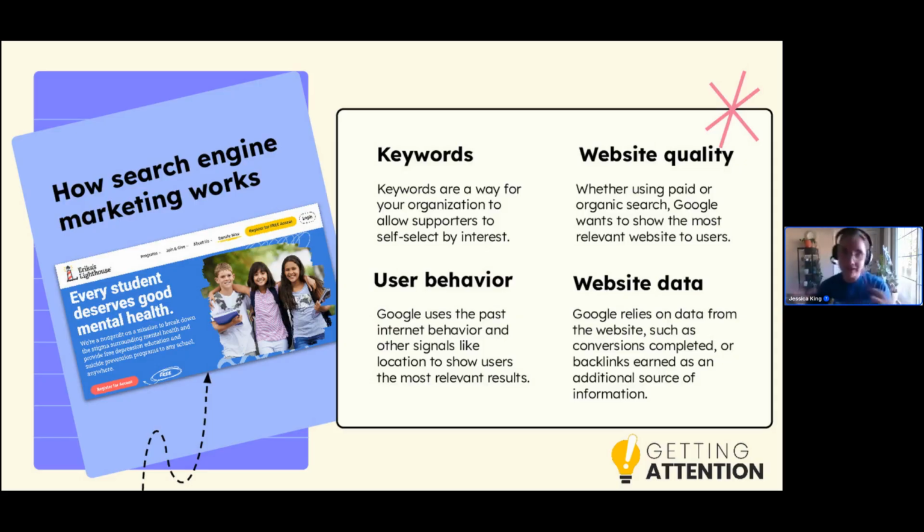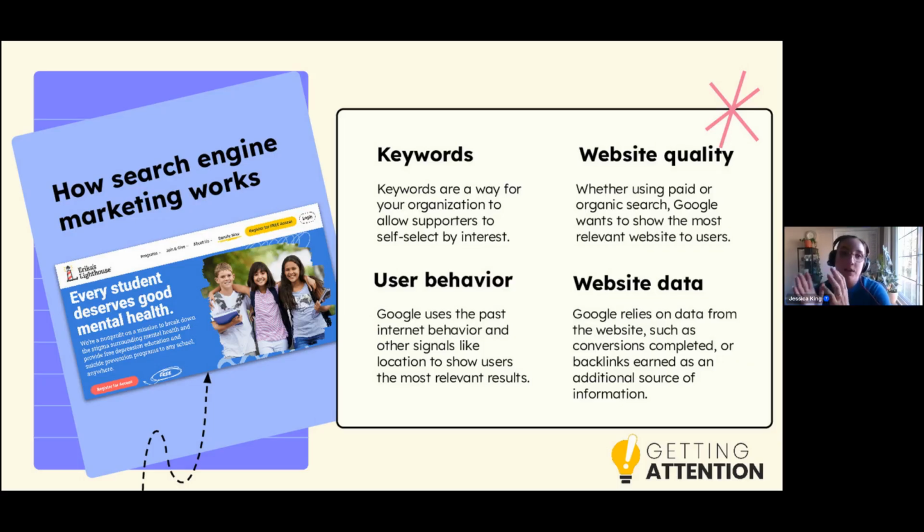All right, so how do you use the Google Ad Grant to reach engaged supporters? Basically, what is the mechanism by which all of this is working? Basically, the ad grant lets you take advantage of search engine marketing broadly and then paid search more specifically. So I want to talk about search engine marketing broadly because I think this is something that if you are outside the marketing world probably feels a little bit like witchcraft. Like we've all heard it's possible to rank organically. It's possible to run Google Ads, but who really knows how that works? I did not until I started working in this area.